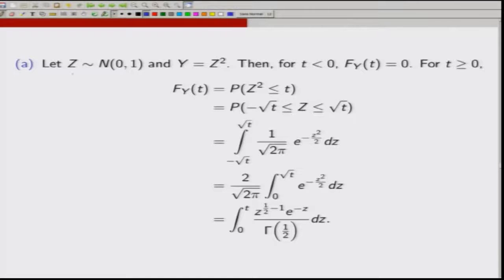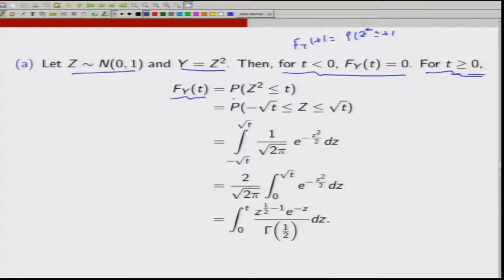So let Z be normal 0, 1 and Y be Z squared. Then let us look at F_Y(t), which is the probability that Z squared is less than or equal to t. Note that if t is less than 0, Z squared being less than some negative quantity would have probability 0. So for t less than 0, F_Y(t) is 0. For t greater than or equal to 0,